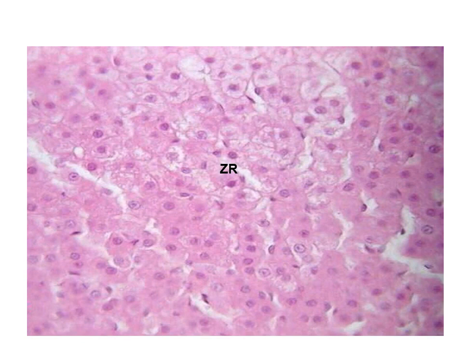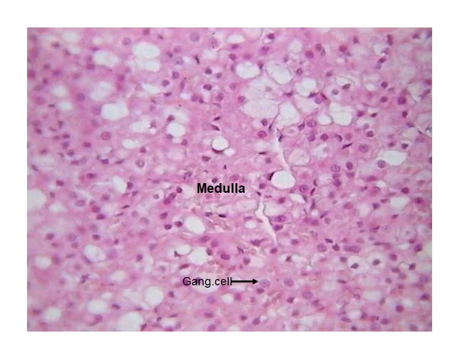Okay. This is in the medulla. This is a part of the medulla, and this is the part where you can see the ganglion cells. The ganglion cells or the neurons are present in the medulla, but the only difference from other neurons is they don't have axons and dendrites. They are just modified sympathetic neurons.